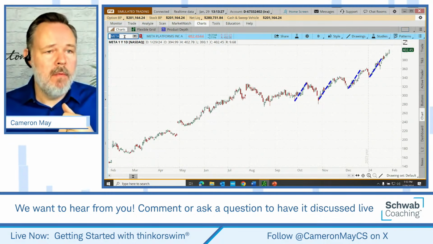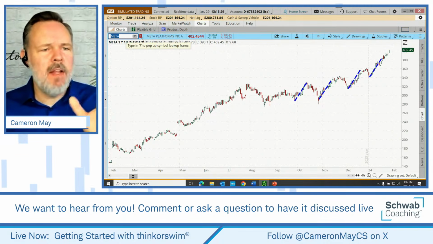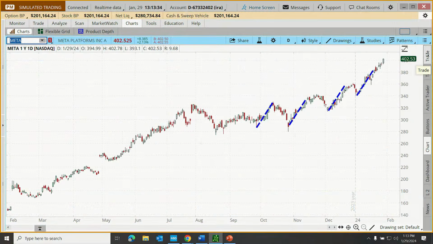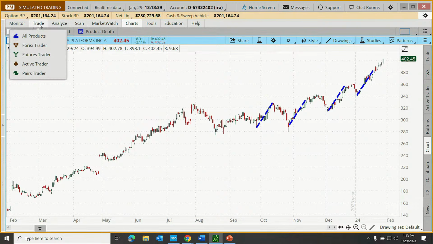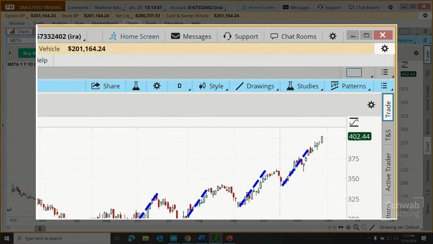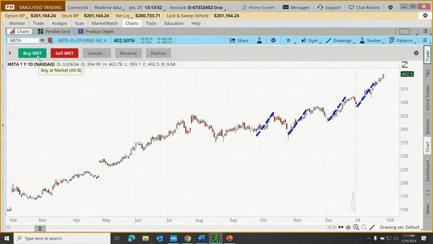Let's load up another symbol. How about we go to, actually, let's do this first. How many of you use this tab off to the right? If I click on trade, this is a different function. Well, it's not different. It's just a different tab. A little bit different than the trade tab up here. There's a trade tab to the far right margin. If I click on that, look at this. We now have buttons to speed things up potentially even further. And those remain as we move from one symbol to the next. So for those that want to be as quick as possible in the navigation of Thinkorswim, they can just click that little button.